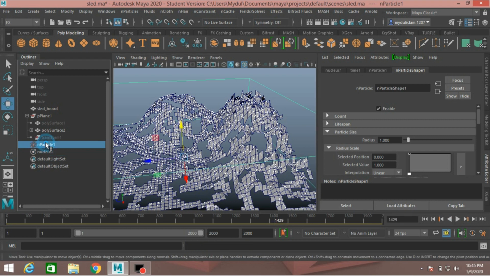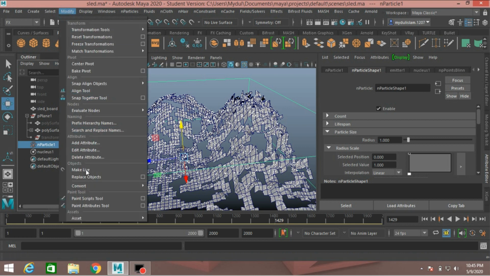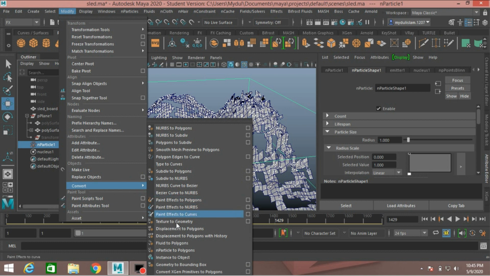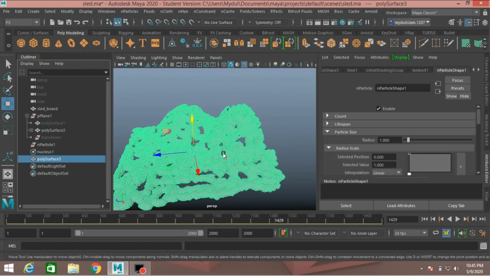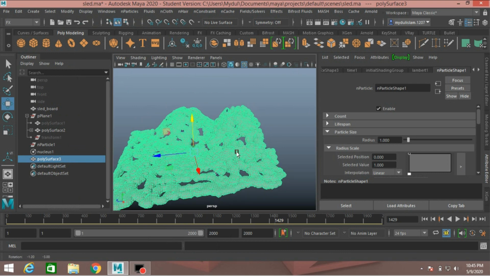Go to frame 1, click play. Now select the N particle. With N particle selected, go to modify, convert, select N particle to polygon and decrease the particle size to 0.230, just like this.